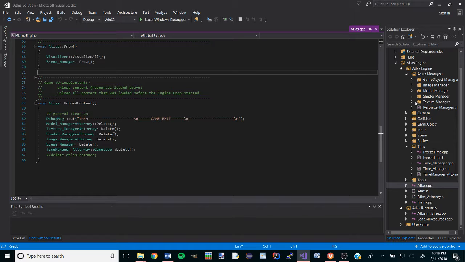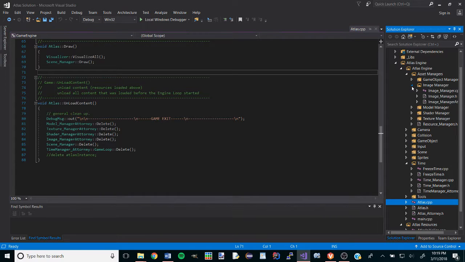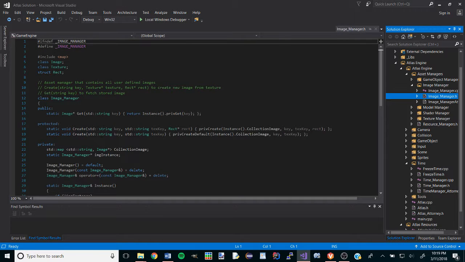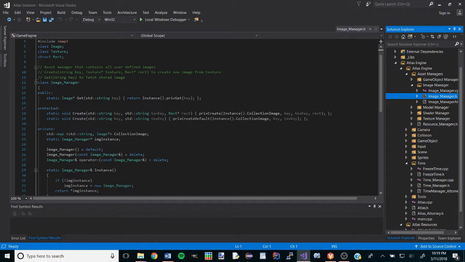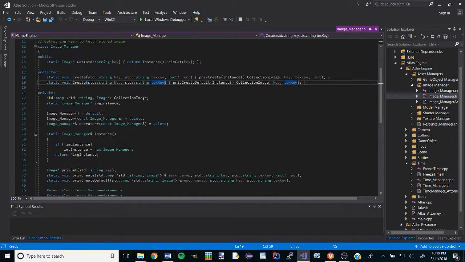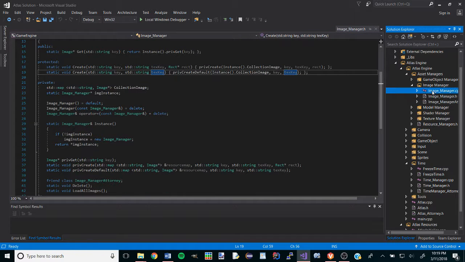If we look down here, start with the image manager, we have two create functions inside the image manager. They both take keys and a texture key. This key is the name of what is being stored, and then you give the name of the texture you want that will be fetched from the texture manager. And then you can define the rect, which is where in the texture you want to create that image, and then you can also define it without that, which if we look in the image manager,